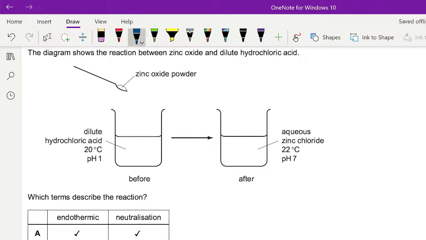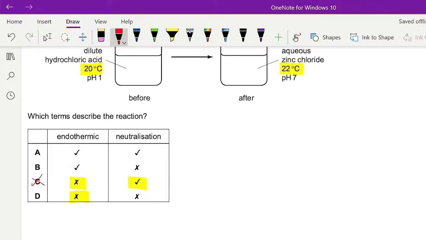Zinc oxide is an amphoteric oxide. It means it can react with either an alkali or an acid. Right. Look at the temperature. Temperature rises, so this must be exothermic, and the pH goes from 1 to 7, so it must be neutralization. Answer is